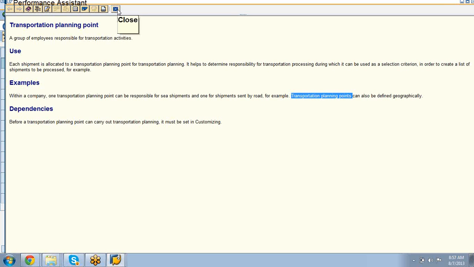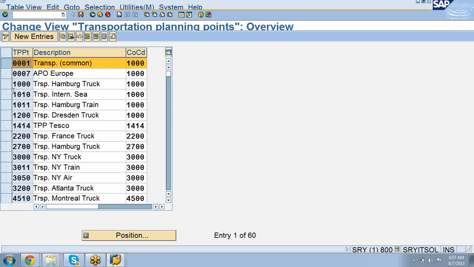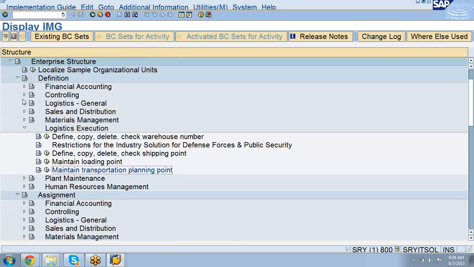So within a company, what is the planning point? There are many, like we have common, we have Europe, we have truck, train, air. There are many actually. You can use any of them, like sea, train, truck. These are all called transportation planning points. And coming to